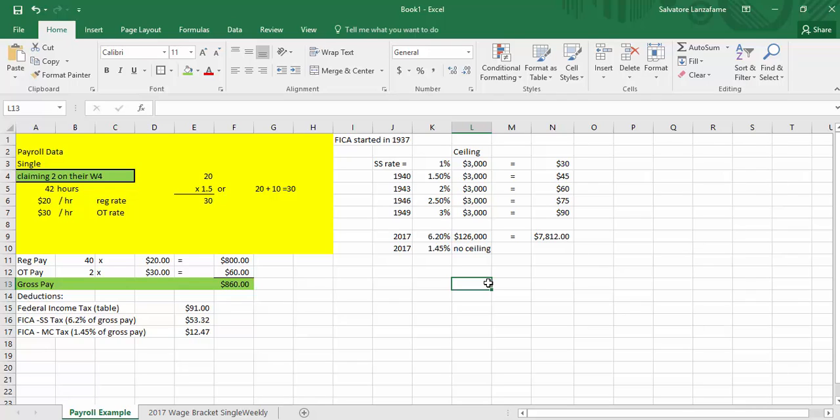So the people that are rich in our world, well, they stop paying Social Security tax as soon as they hit 126 for the year. And then they stop paying Social Security tax for the rest of the year. So, we keep hearing that Social Security is going to be defunct or empty within 20 years. Originally, if you go back to the 1980s, the projection was in the 2020s, Social Security would be empty. Now they have revised that projection and they're thinking somewhere in the 2030s or 2040s that Social Security will be emptied. Well, in my 30 years of teaching accounting and payroll, no one has listened to me, but